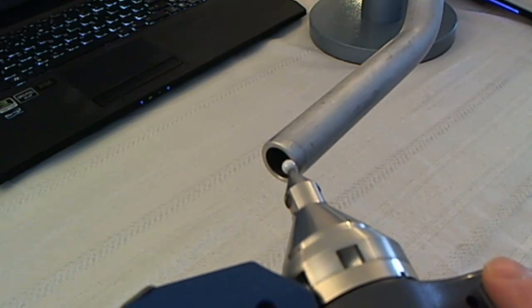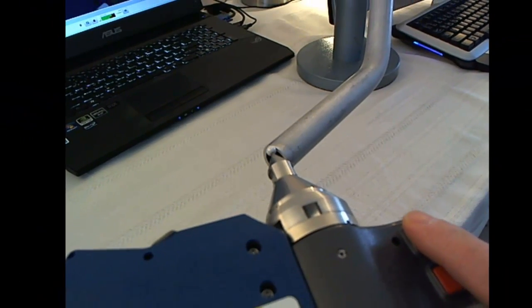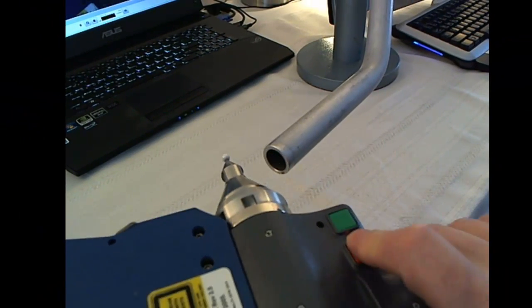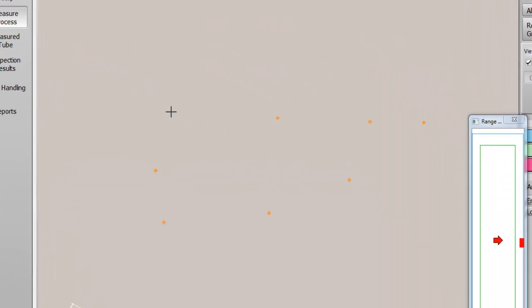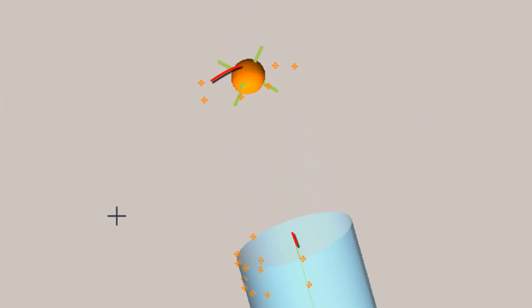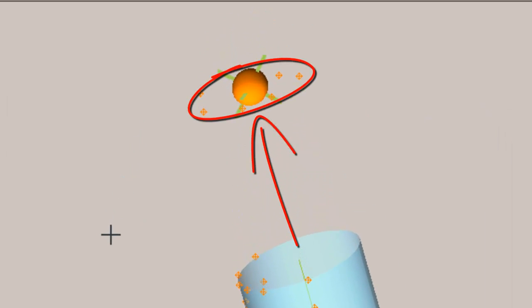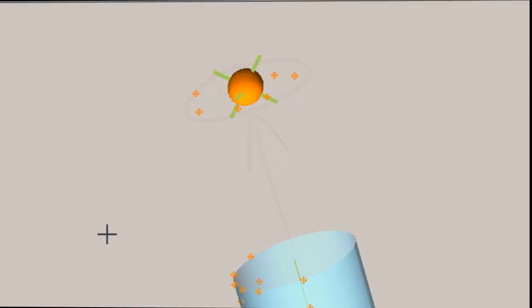Tactile measurements are accurate as long as the tube isn't moved when touching the tube. This makes ball probes ideal for larger tube shapes. Just like with a laser scan, the points collected during tactile measurements are displayed on the screen. And also like laser scans, the farthest point from the adjacent bend is used to project for the end point